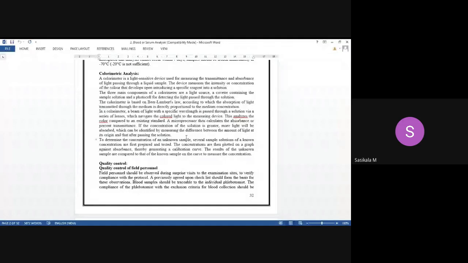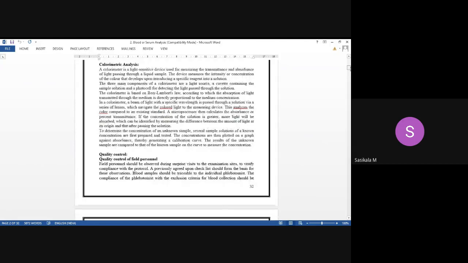Okay, what are the two methods? Direct comparison: one standard is compared with one sample. In the calibration curve method, 5 standards are prepared, a graph is plotted, and from it we can calculate the unknown concentration of the sample. Sample absorbance will be known from the instrumental analysis, and we will be calculating the concentration from the known concentrations of the standards. So likewise, two techniques are commonly used for quantitative analysis of blood samples.